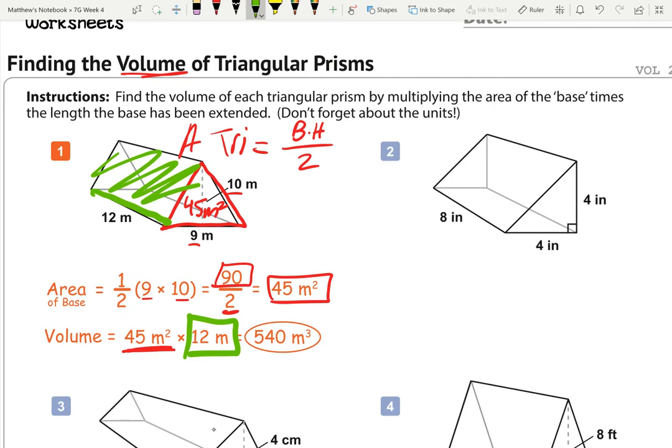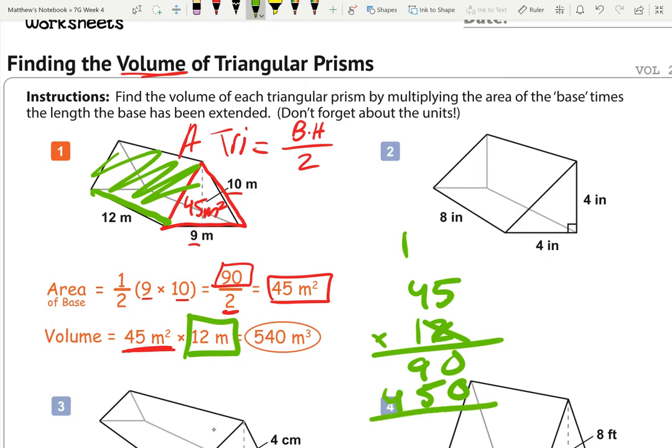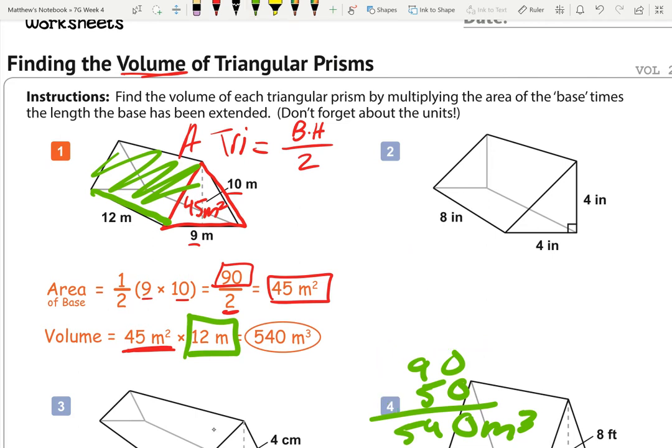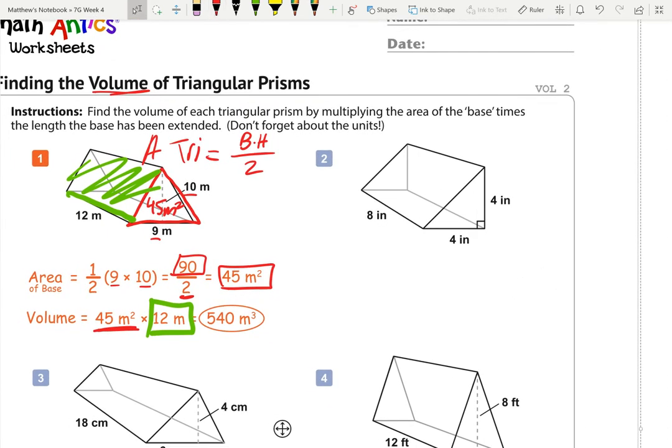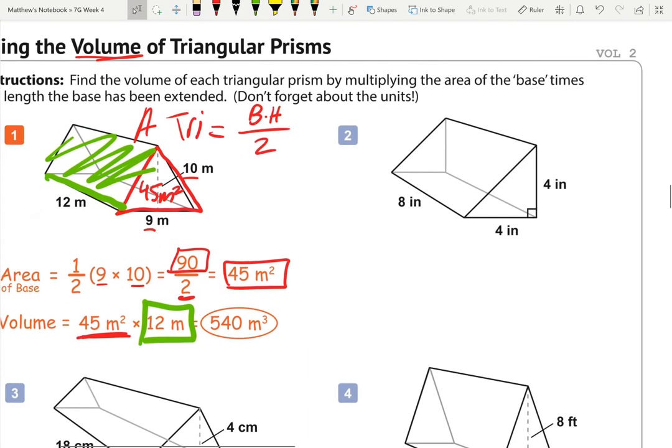And I encourage you to try this without a calculator. All right, I think we can work on our multiplication here. We could do 2 times 5 to get 10, carry the 1, 2 times 4 to get 8, plus the 1 is 9. And now we're moving on to 1 times 5 equals 5. 1 times 4 gives us 4. And so when we add the zeros, the 9 and 5, we get 14, carry the 1, 540 meters cubed. So it really didn't take that long, all right? Might be 2 seconds quicker if you do it on your calculator, but I encourage you to practice your mathematics skills here by doing the entire algorithm of adding